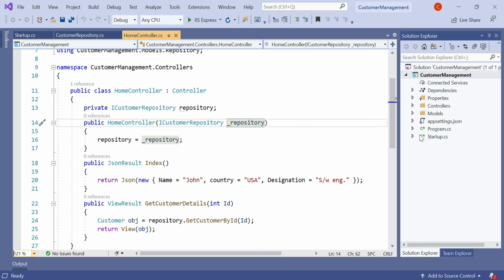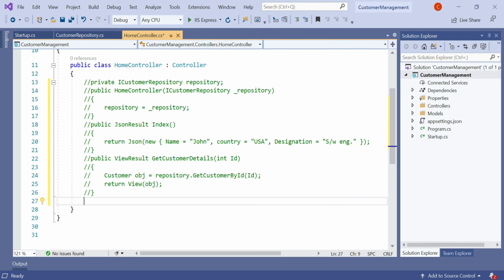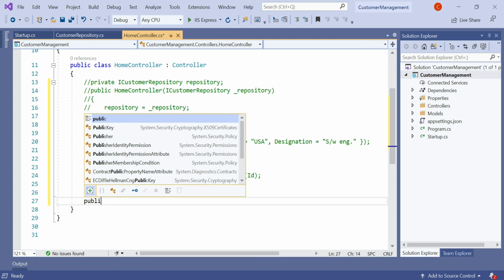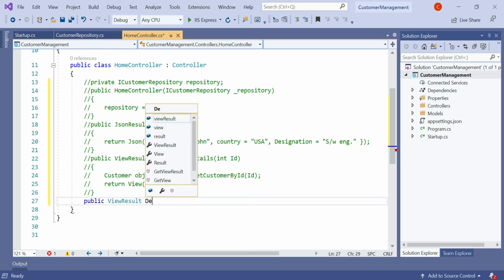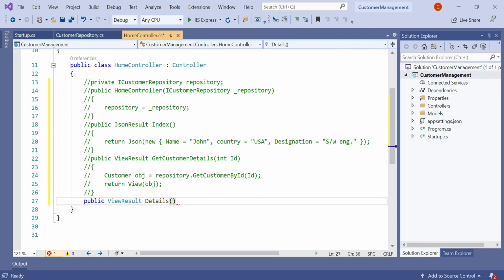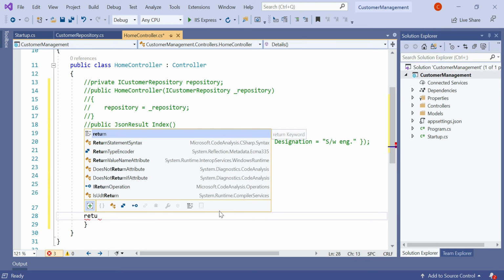This is the same application that we have used so far in our ASP.NET Core series. In our previous video sessions, we have already discussed the controllers and the models, and you can see there is no Views folder created by default, because this is an empty project and we need to create the Views folder here. So let's first remove all these lines. Here we add an action method, public ViewResult. Let's say the action method name is Details. You can simply return View.